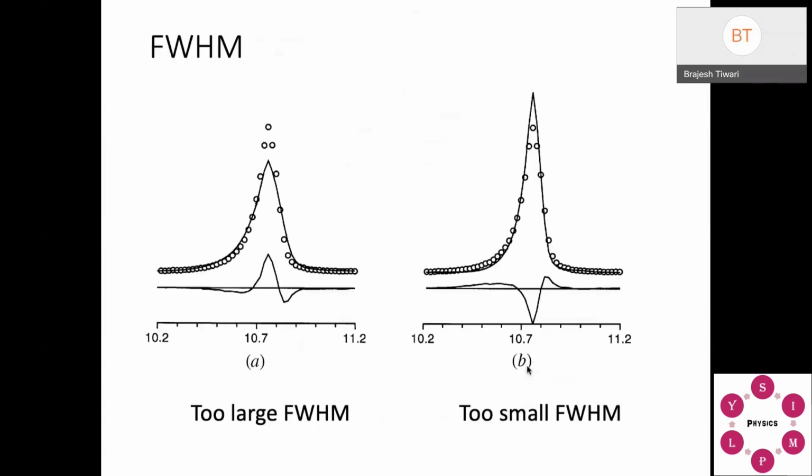Okay, now if your full width half maxima, or you can say peak shape, is not very nice, suppose you are getting this type of difference. If your difference is like this, what you have to do is go for changing the B value. I think in the fitting we have talked about thermal parameter B. It can be isometric, or it can be anisotropic for each atom.